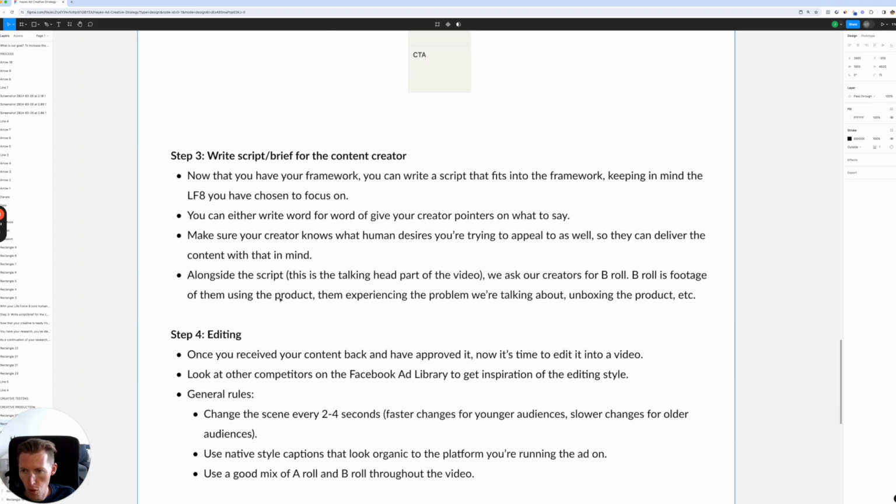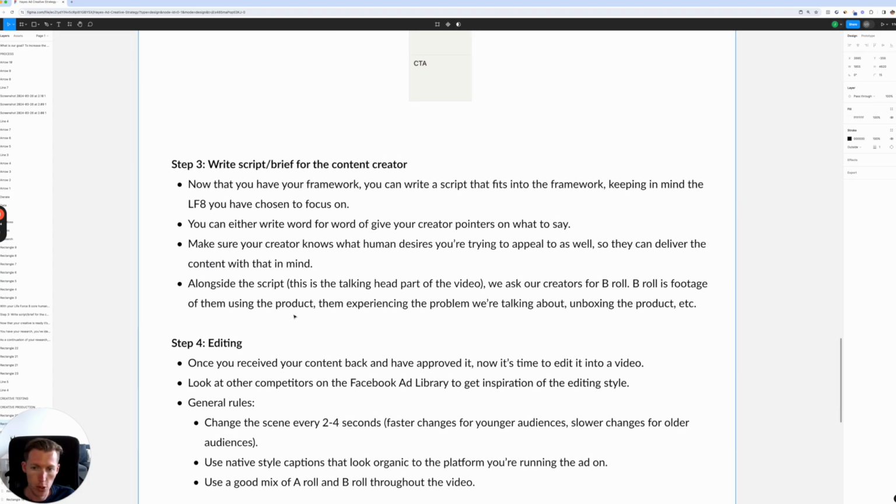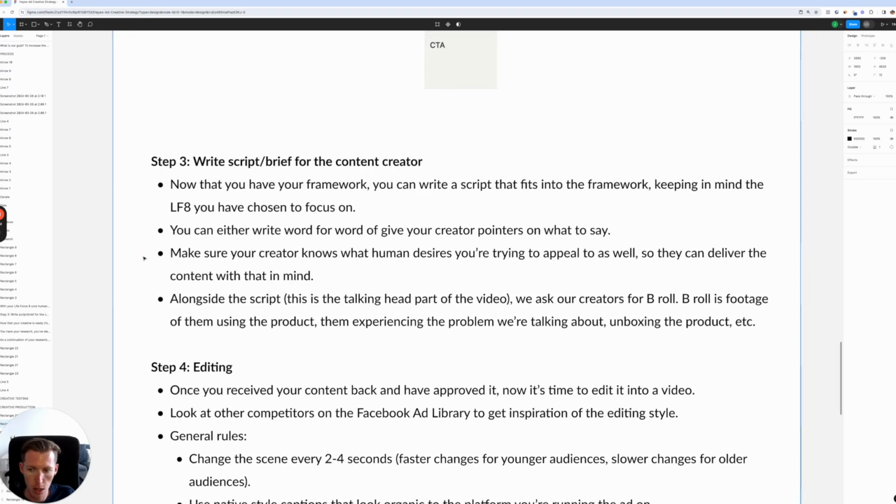Then step 3 is writing and scripting the brief for the content creator. So you have your framework. Now you write a script that fits into the framework, right? Keeping in mind the LFA that you've chosen to focus on, following a specific sequence. And you can either write word for word or give your creator pointers on what to say. It really depends on how good they are and how much they understand direct response principles. And you want to make sure your creator knows what human desires you're trying to appeal to as well. And that is because they will then be able to deliver the content with that in mind,